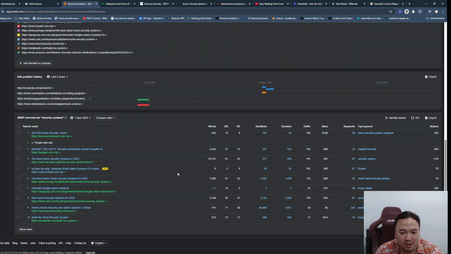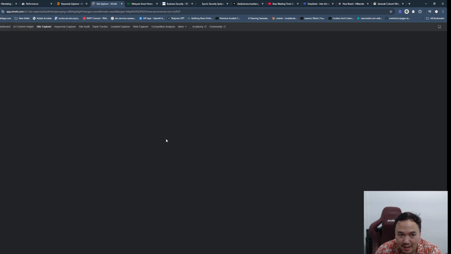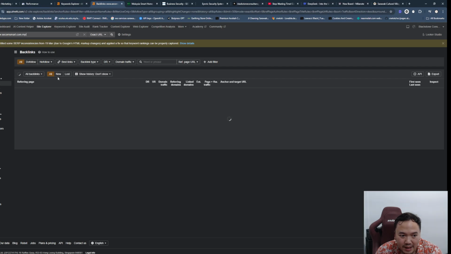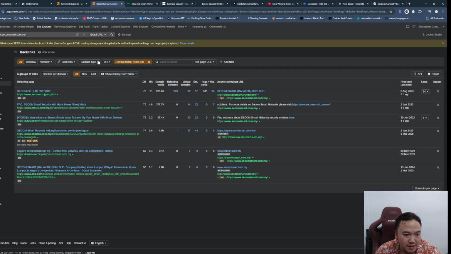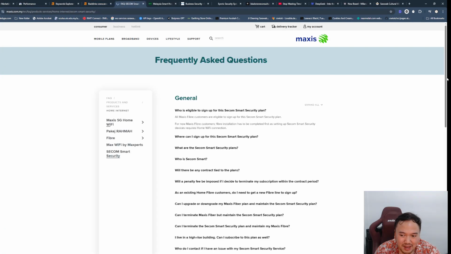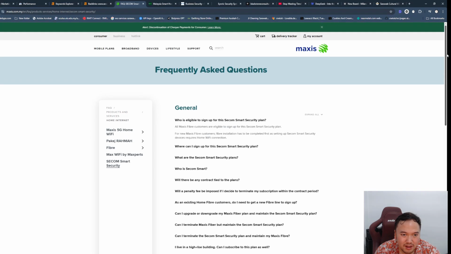Next, if you want to look for backlinks, you can just go to backlinks and then filter them based on the traffic, because that's what good backlinks are for. As you can see, the competition is not so tight for security systems, very low. The backlinks linking from the source are not really related.